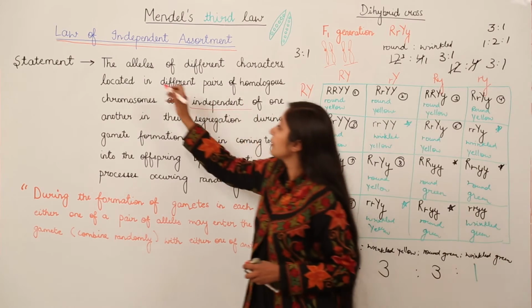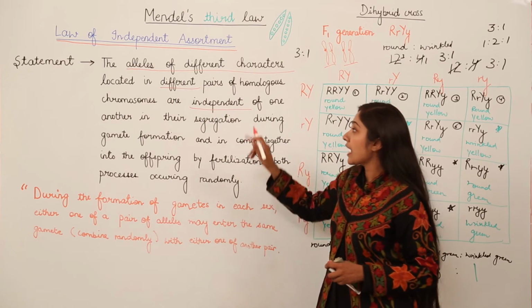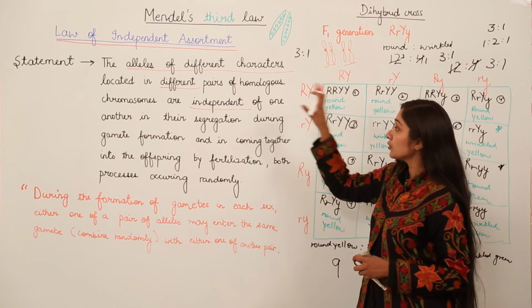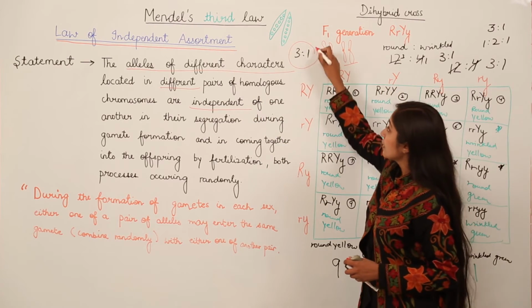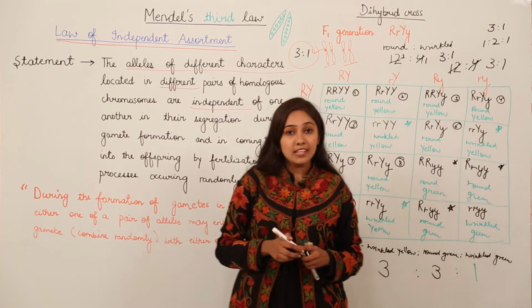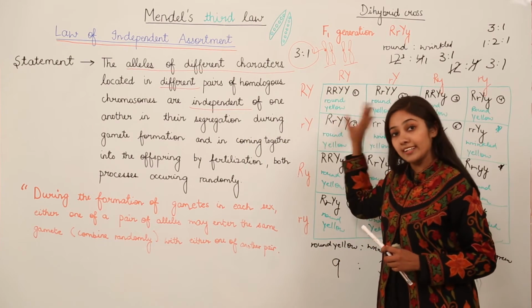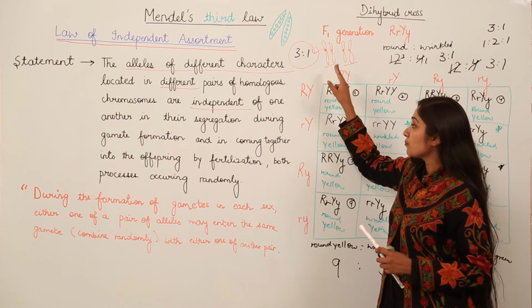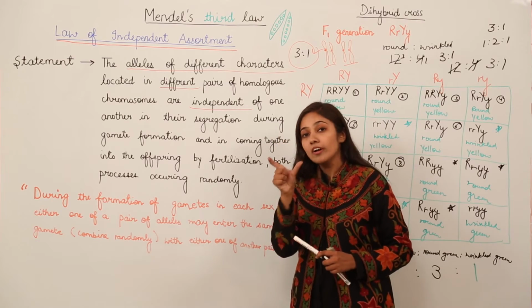So the alleles of different characters located on different pairs of chromosomes are independent of one another. Why? How we have come to this conclusion is, as you can see, we arrived at 3:1, which was the ratio of monohybrid cross. This means that when we separate these two characteristics, we achieve this ratio, 3:1. So this confirms that when we have two characteristics simultaneously, they are not affecting